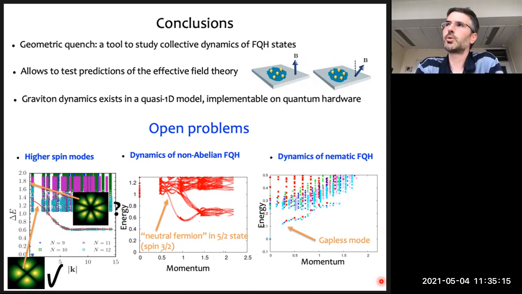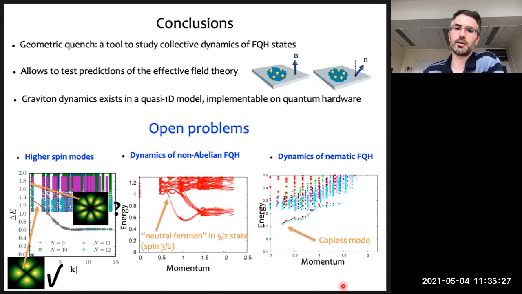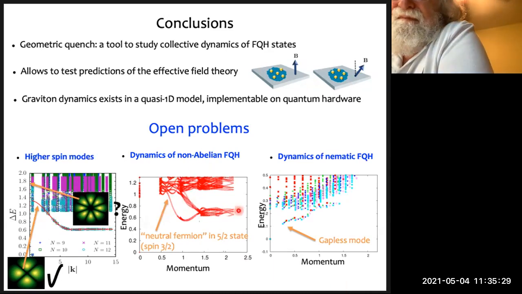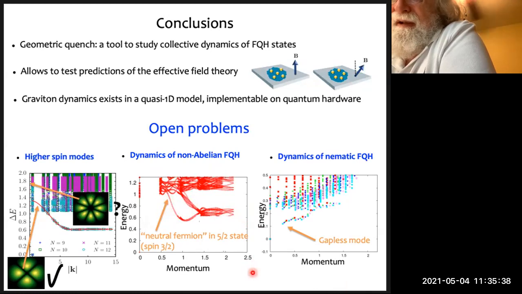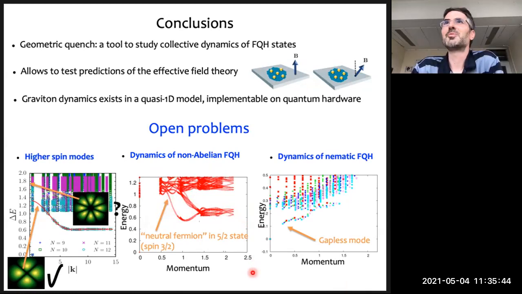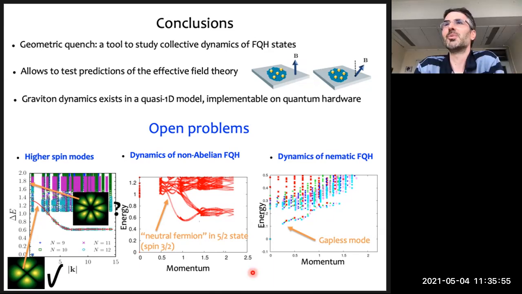I'm quite surprised that they wouldn't see it because the GMP mode should basically be present in any kind of gap. Yeah, I understand, but they don't seem to see it. Certainly in numerics, like here, this is the GMP mode, and that's like a neutral fermion, so you definitely see both modes. Can you, in your simulations, apply the analog of hydrostatic pressure and see what the effect is? Well, if you tell me how to model it, I can apply it, but I don't know how to model the pressure. Well, sure, you can model the pressure. I haven't really thought about it, but